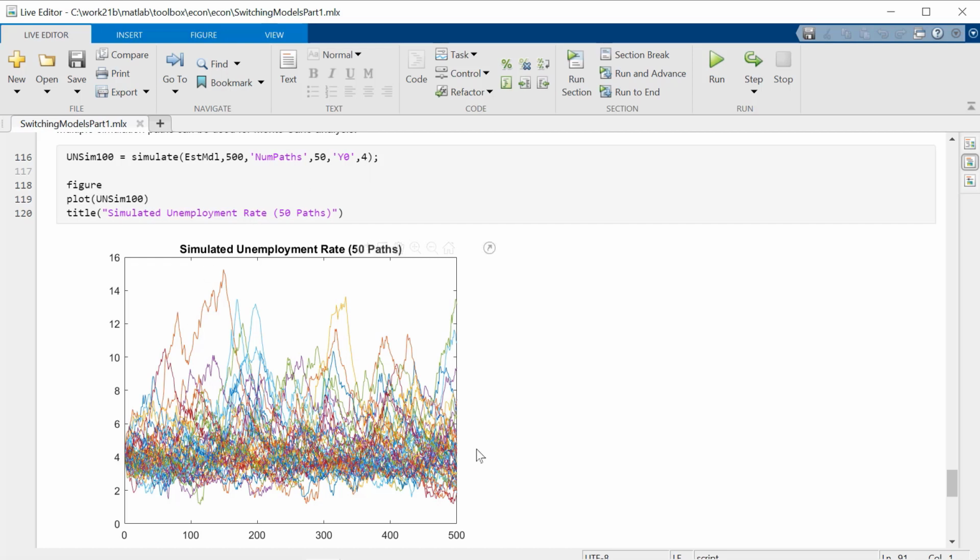If you plot the different simulations, you can see again they all seem to be in a similar range, where we have the sort of density of different paths. But there are instances where the unemployment rate can get very high in some of these simulations. And this kind of creating multiple paths with the simulation method is so that you can do Monte Carlo analysis of distributions of the statistics that are connected with these paths in this particular model.